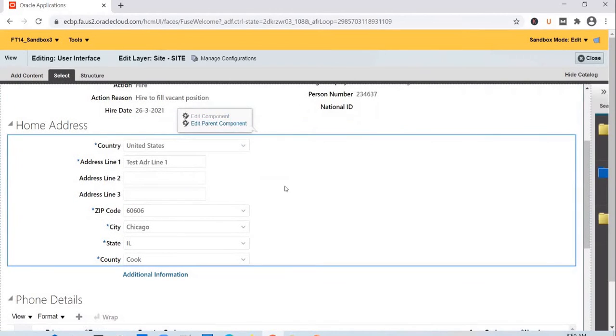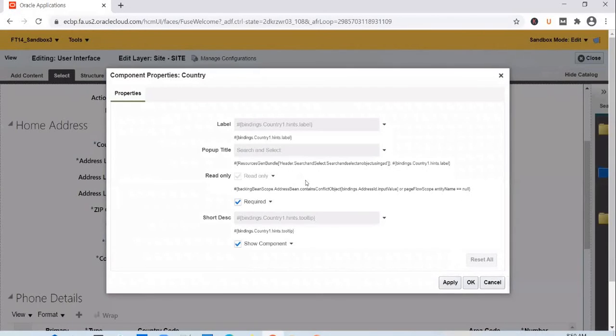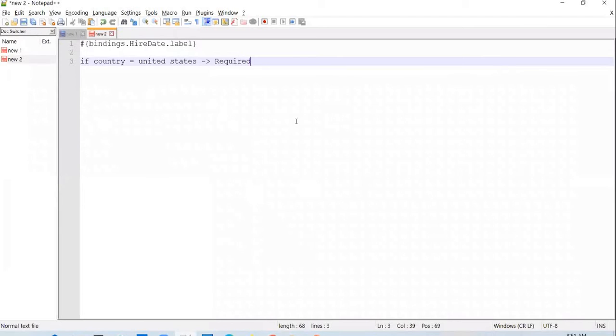Edit component. And you can see the binding of the country. It's bindings.country1. Copy the expression,